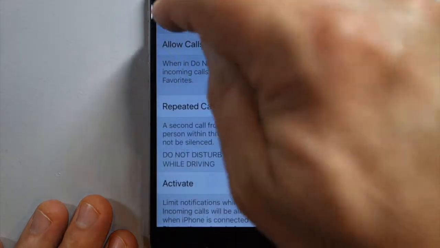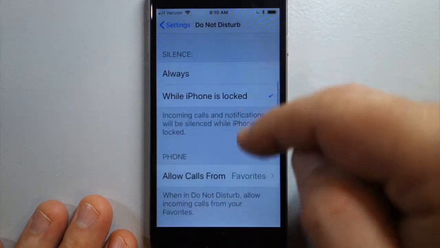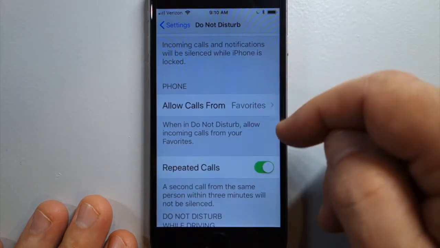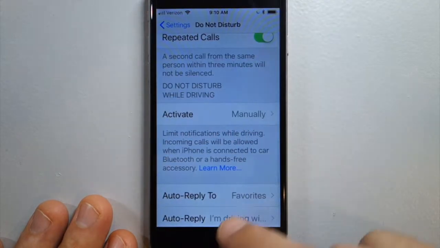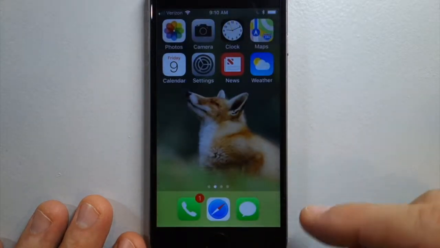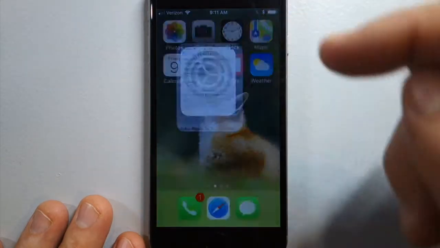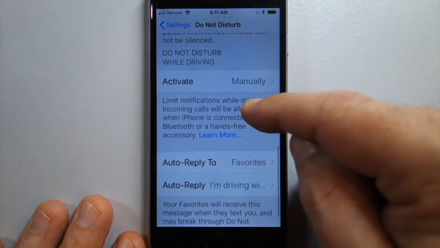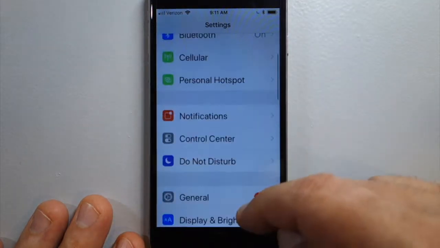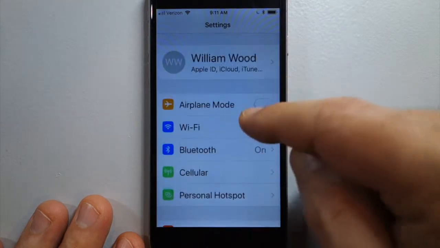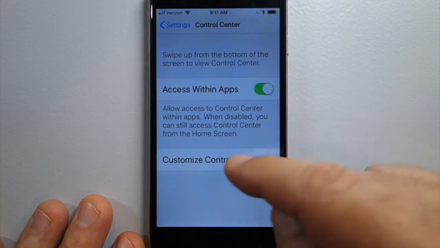And also, when you have it set to manual, let me go back to Do Not Disturb. If you have this set to manual, like for your kids or something, you can enable a Do Not Disturb while driving custom icon down here. So let's go ahead and do that. Let me see. We have to go to the Control Center, Customize Controls,